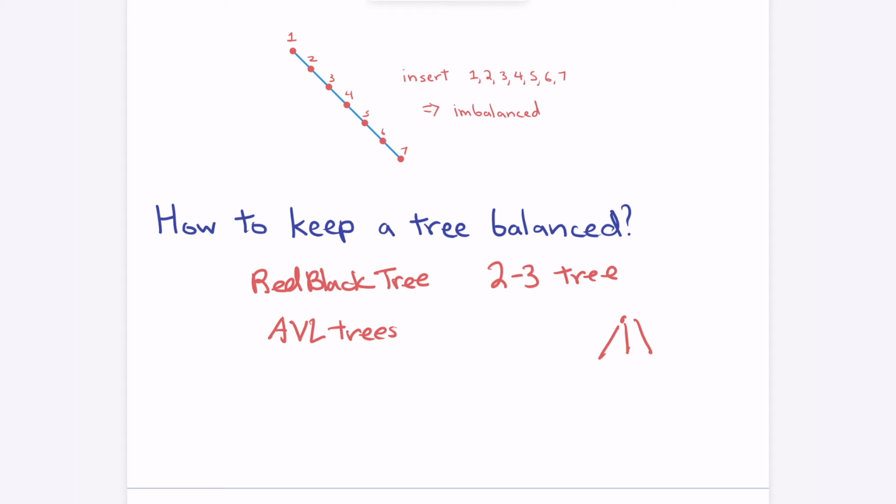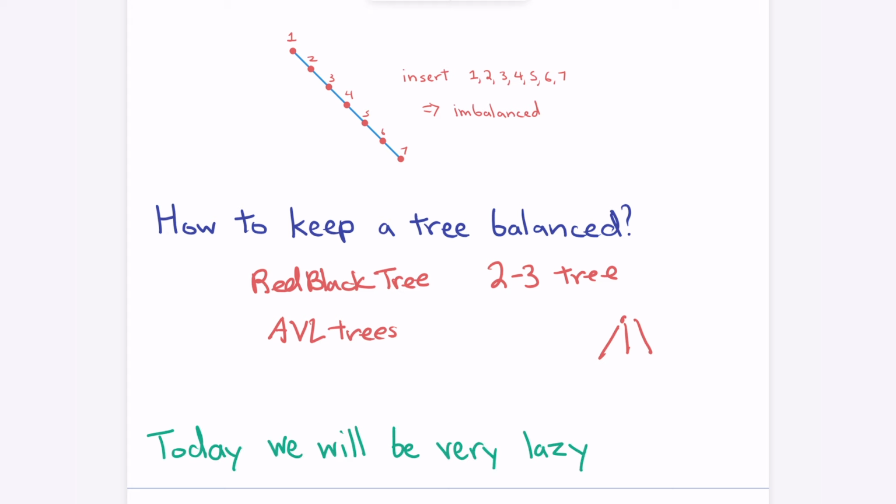Does anyone remember? Can anyone actually explain in detail how any of these trees work? Red-black trees, 2-3 trees, AVL trees. It's something complicated, right? Okay. So today we're going to do something that maybe you haven't been exposed to, but we're